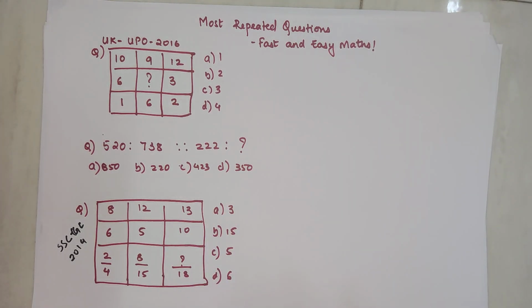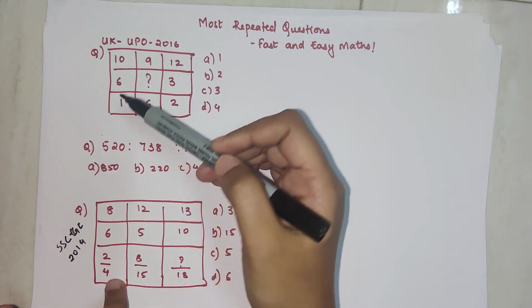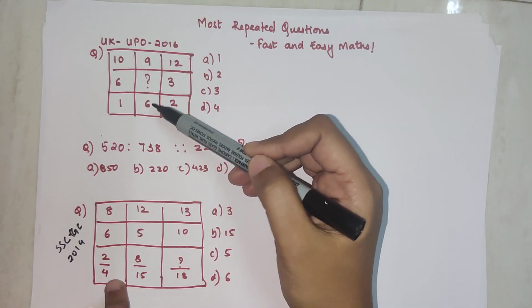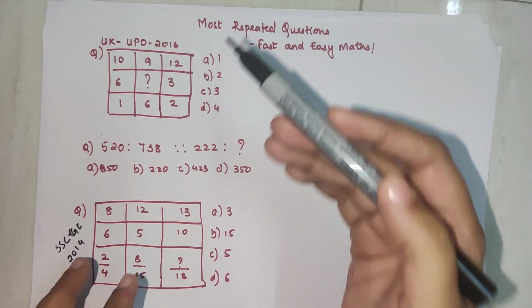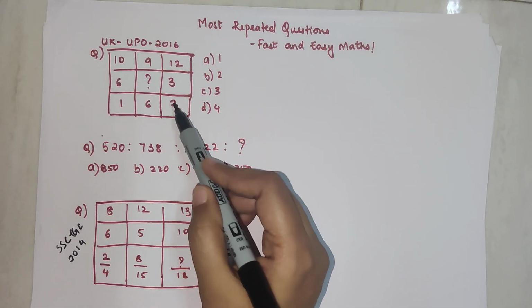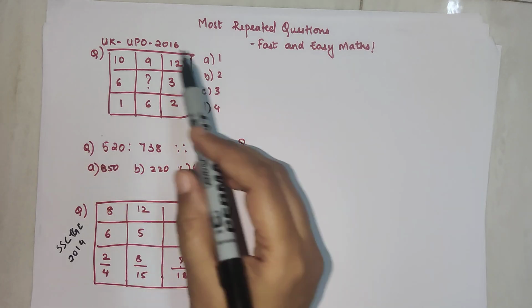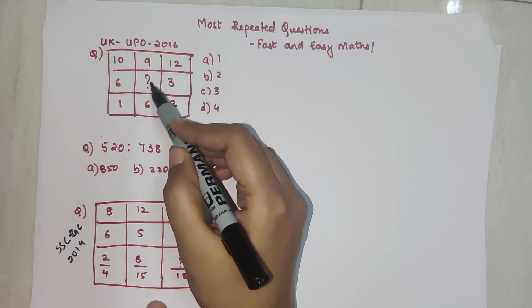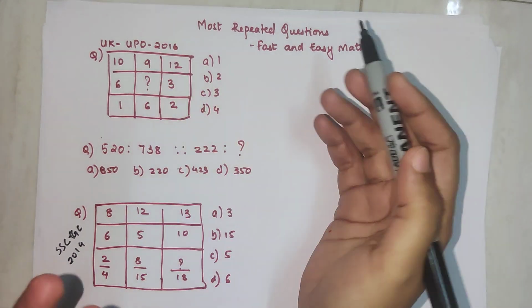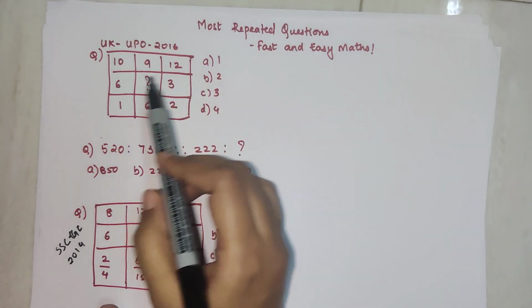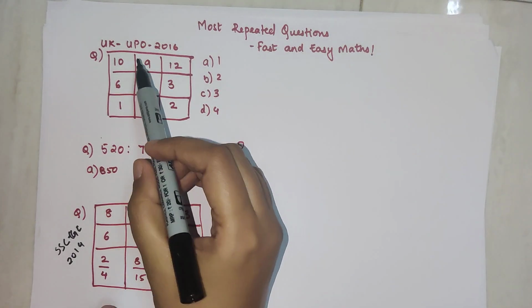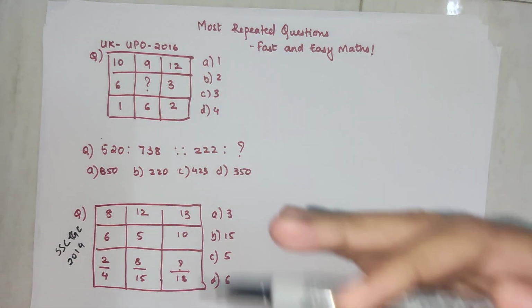So the first one is 10, 6 and 1, and then we have 9, then we have to find out what is in between, and then this is 6, and then 12, 3 and 2. Very often the question asked is to find the last element of this entire square block. But in this case they have asked you what is coming in the center. So first, very simple, try to find the horizontal total. Now understand, horizontal total definitely will never work in this case. I'll tell you why. Because all these numbers are very, very big.